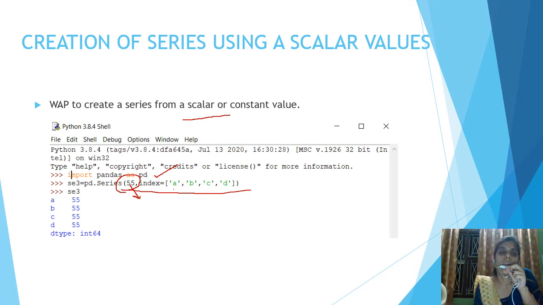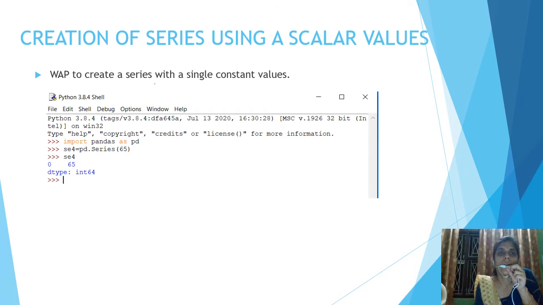The index value contains A, B, C, D. It means if we count the number of elements in the index, there are 4 elements in the index argument, and whenever we print our series, it will contain the element repeated in the series SR3, but the index is A, B, C, D. Here in the scalar value case, the series object depends on the index. If the index contains 5 elements, then the series will also contain 5 elements. Now let us see the next program.